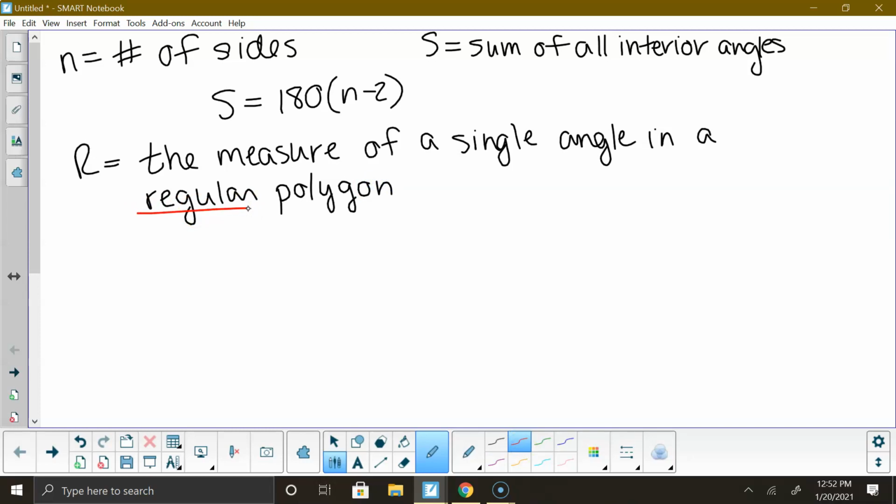Regular polygons mean congruent angles and congruent sides. I did too many E's on my sides, but whatever. So think in terms of an equilateral triangle. Like we did equilateral triangles, but now we're going to do more than 3 sides. So our formula for that is going to look like this. It is R equals